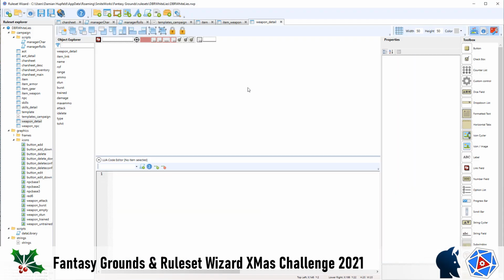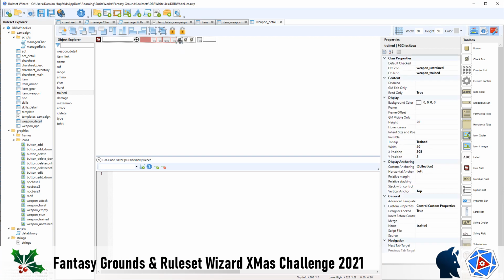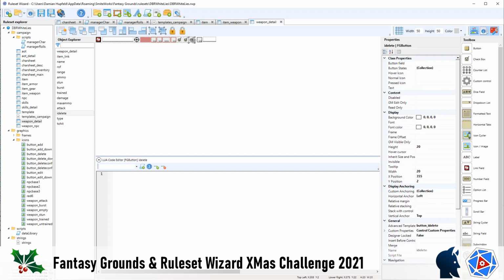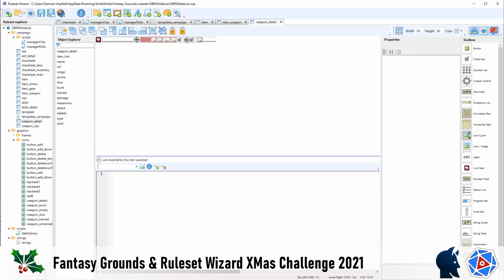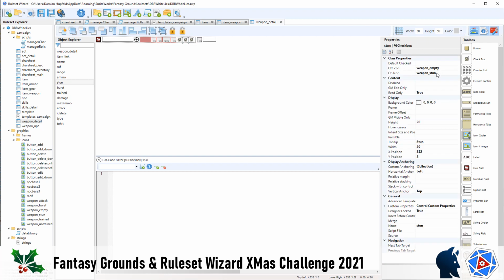This is why I litter everything with so much debug that makes your eyes hurt. Alright, trained. Okay, so here off icon is stun and on icon is empty. So I just got these the wrong way around. Ha! That might be the easiest fix ever. Empty and stun,